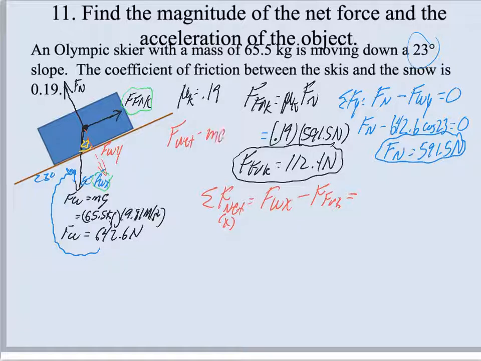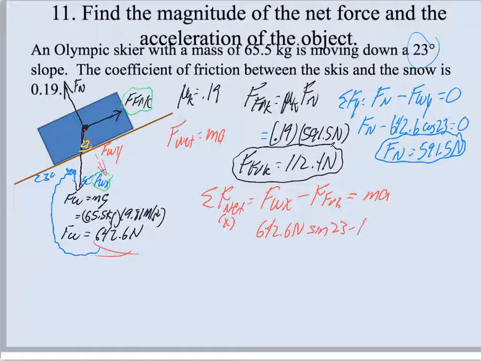F net equals ma. So I'm going to put ma over here. Fwx, is it opposite the 23? If you go back and look at the picture, it is opposite, so we're going to use sine. What's the hypotenuse? Hypotenuse is 642, so 642.6 newtons sine, because it's opposite, 23,